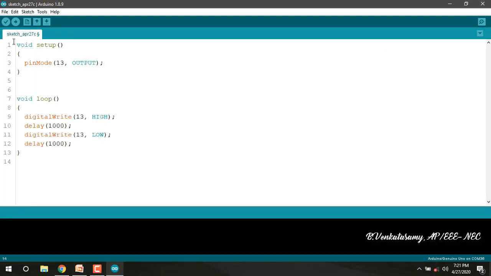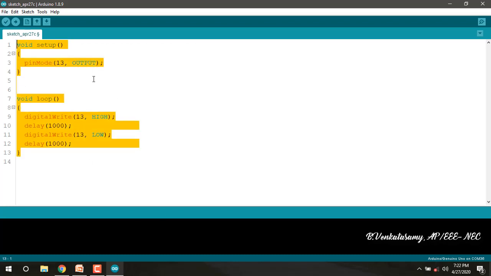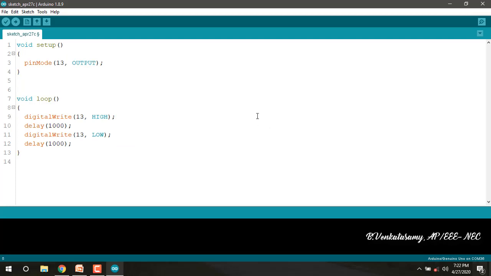Paste here. And now we are going to compile the program. While compiling, it will check for errors, and the compiler converts the program into machine language. Machine language means hexadecimal format. So here the language is a higher level one. It is converted into machine language using the compiler.